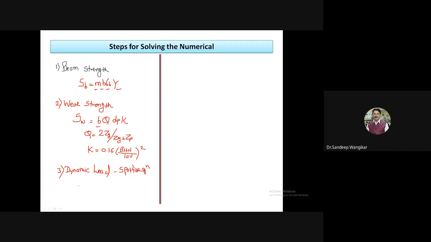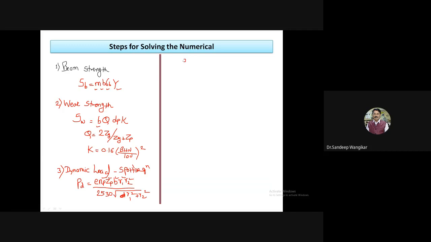I will write here. PD is equal to E NP ZP into B into R1 R2, or you can write RP and RG, no problem. RP for pinion, RG for gear. As both the gears are made of steel, we have discussed three formulas. So for steel pinion and steel gear, I am writing the formula here, under root of R1 square plus R2 square. Now NP is given, ZP is given, face width is given, R1 and R2 are pitch circle radii for pinion and gear. Only E, the error, is the problem.